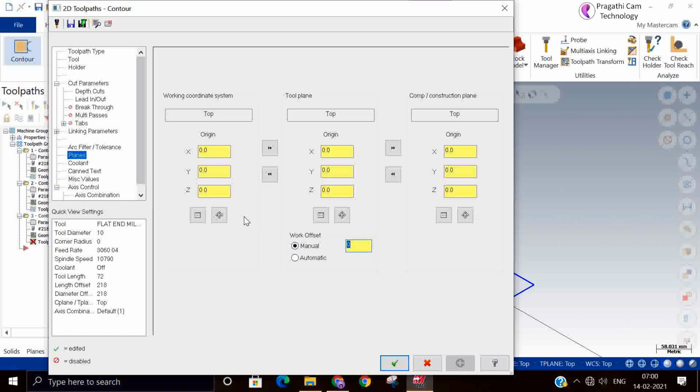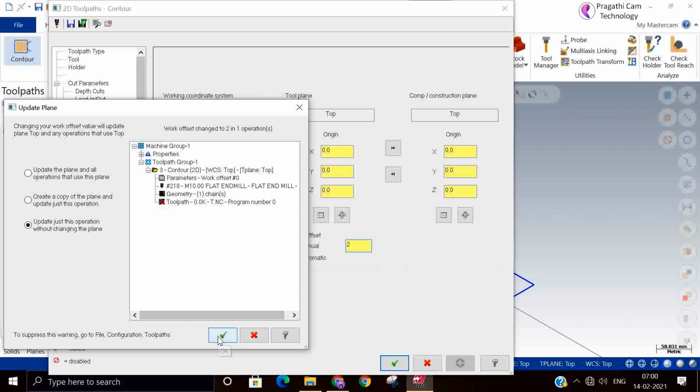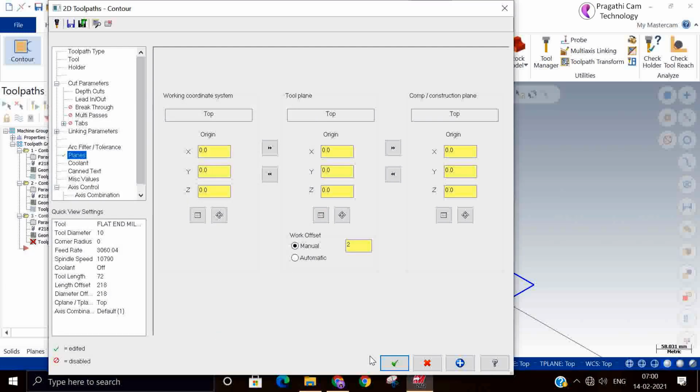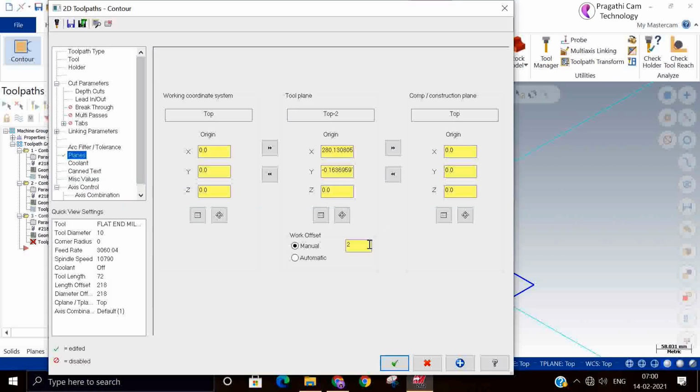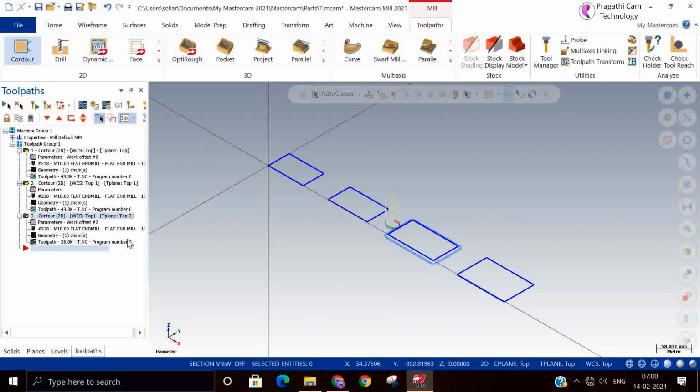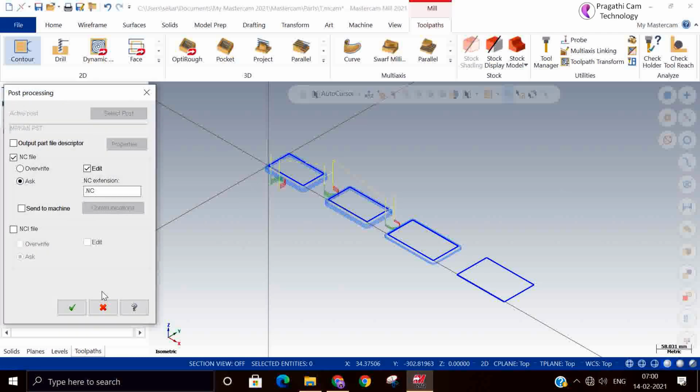Now this I will make 2. We'll select the next operation. So we have made three toolpaths. Now we'll generate the NC file.